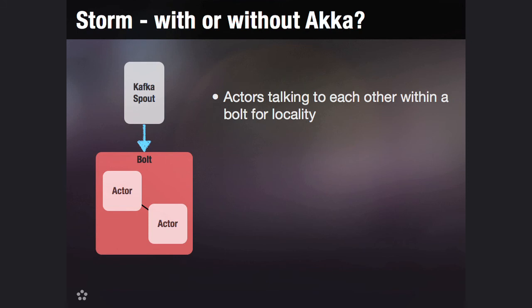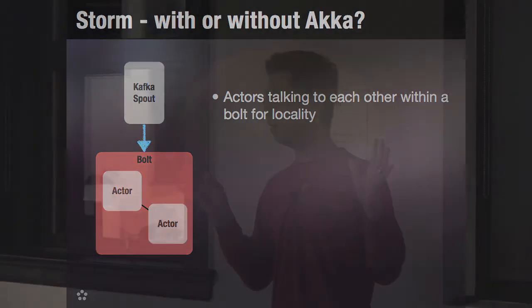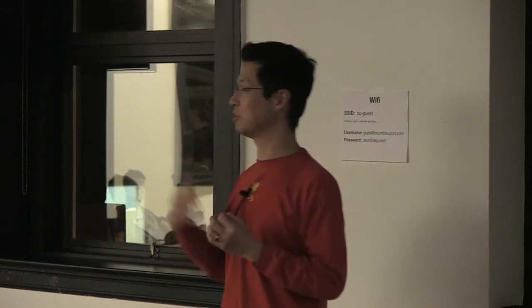So Storm is neat. How many people have not heard of Storm, by the way? OK, so for those of you that don't know, Storm is a real-time distributed processing system. It's used for stream processing. You're getting a lot of events in. They call them spouts and bolts. You can picture a water flow system where spouts are the source of the data. And I'm not sure where bolts comes from, but basically that's the processing for the data.